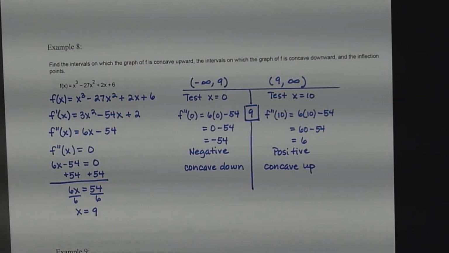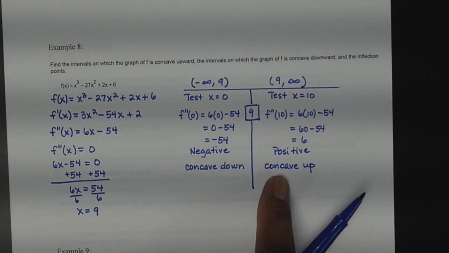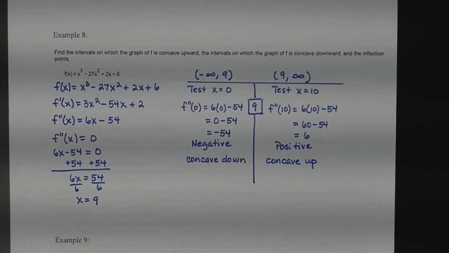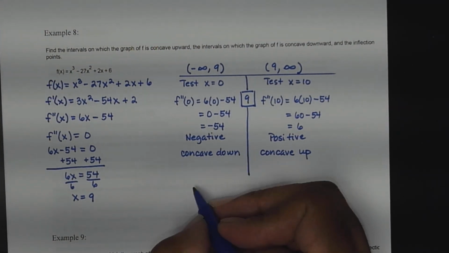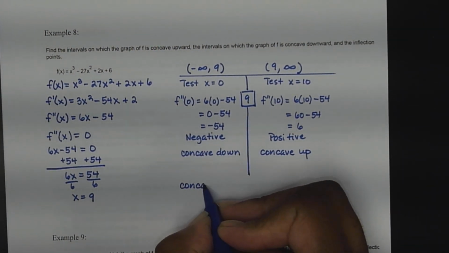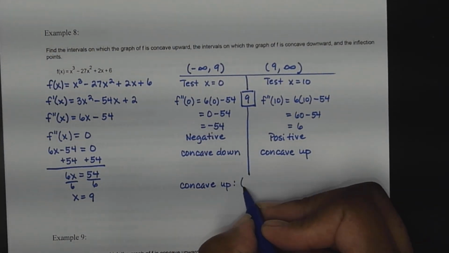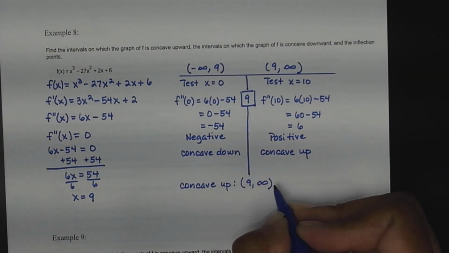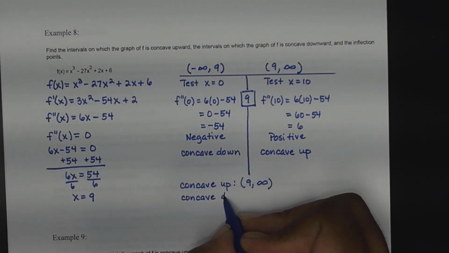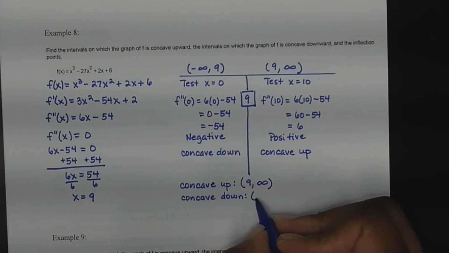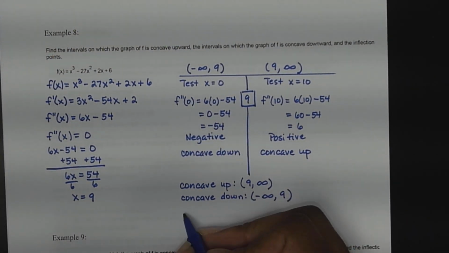Here we got a change in concavity. On the left of 9 is concave down, on the right of 9 is concave up. So that means that x equals 9 will be our point of inflection. Okay, so let's go ahead and identify what's concave upward or concave up. From 9 to infinity, the graph of the function is concave up. From negative infinity to 9, the graph of the function is concave down. And now for our inflection point,